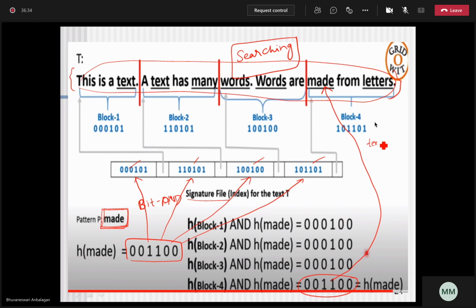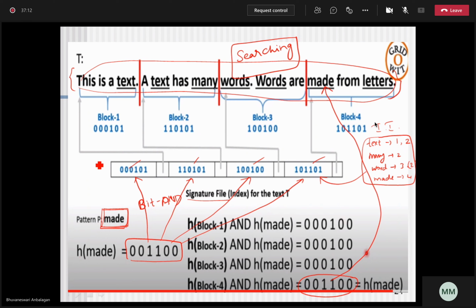I will have "text" available in block 1, block 2, and then "many" is available in block 2. In this way you create an inverted index. A word is available in block 3, 2 times, which we can write in brackets, and then "made" is available in block 4. So this is what an inverted index is. Instead of storing this type of data, alternatively you can go for signature files. That is the reason why we are going for this.